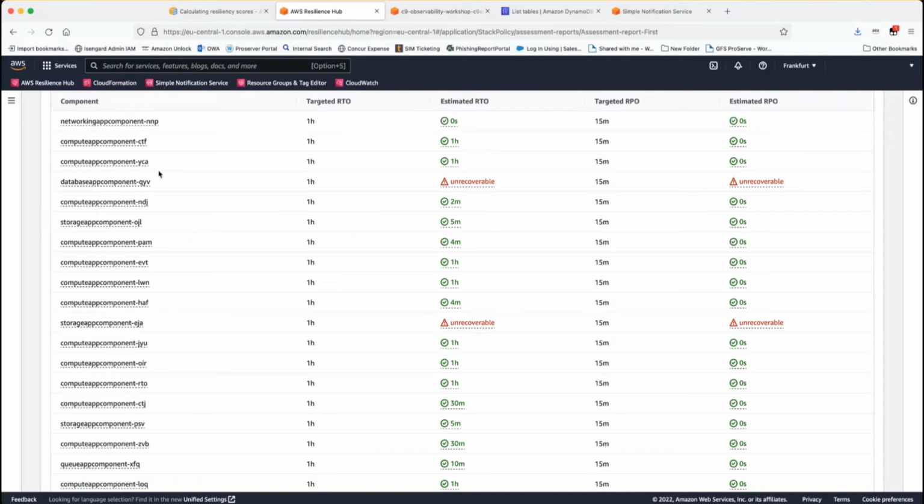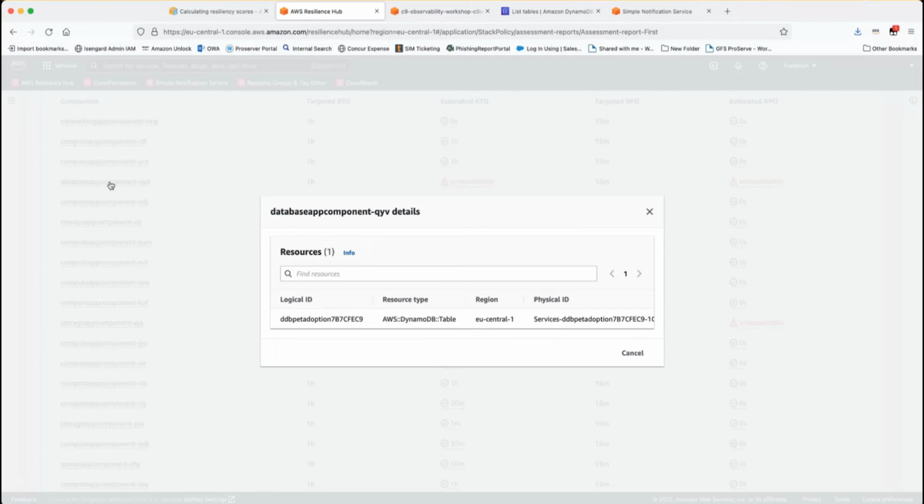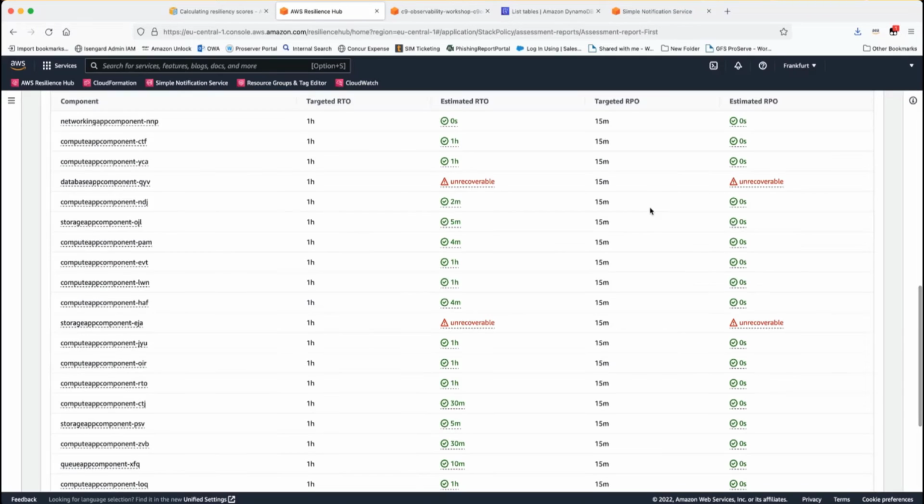My first weak point here is around database. So I click on here, and it tells me the DynamoDB table, the physical ID, where I want to go for that. And what's wrong with that? Well, there's a quick explanation here, and there's a more detailed resiliency recommendation that you get out of this. It also gives you bullet points with a bit more on this, but I've got a table out there and I don't have any point in time recovery. This makes perfect sense in that if I step on that table by mistake, I don't have a way of recovering from that. So maybe the first thing that I want to do is attack